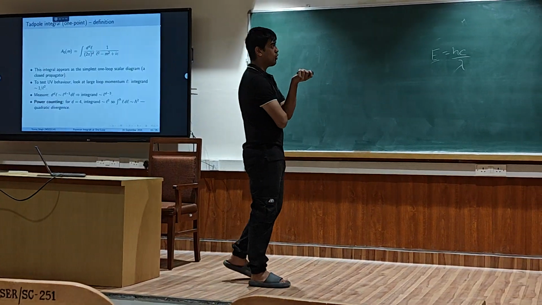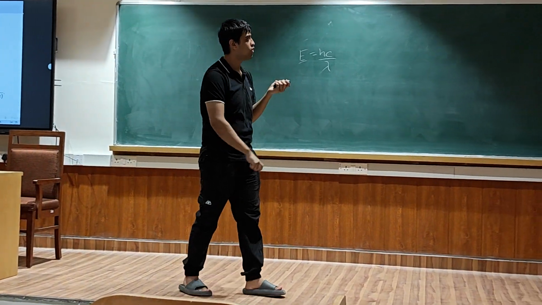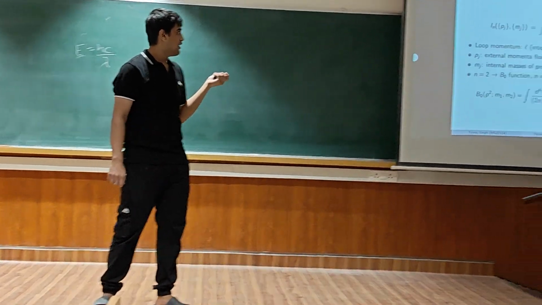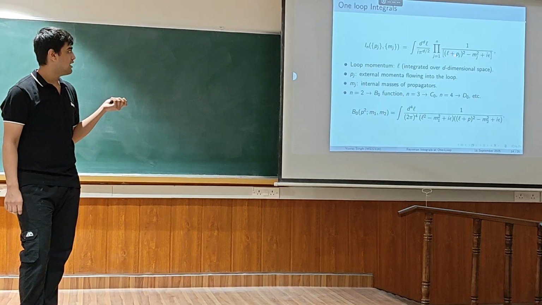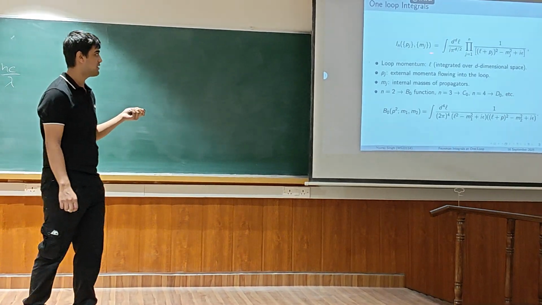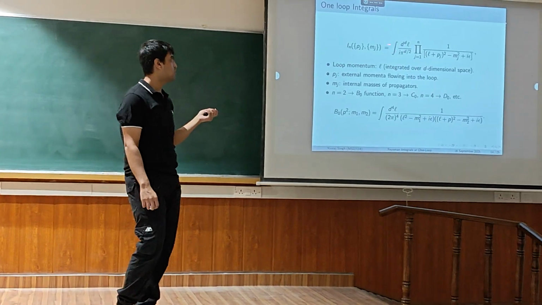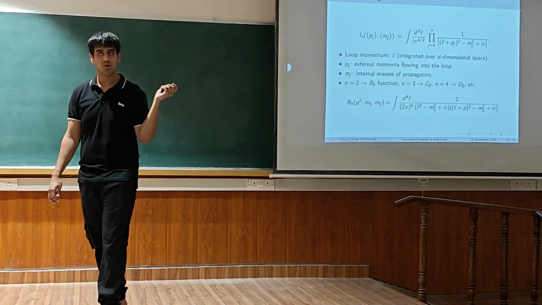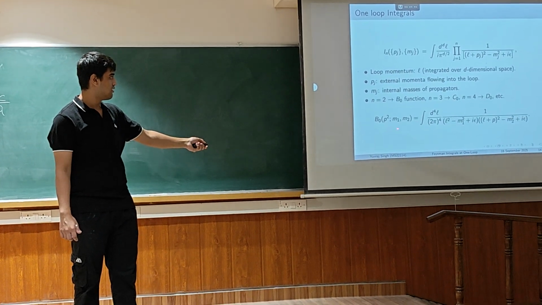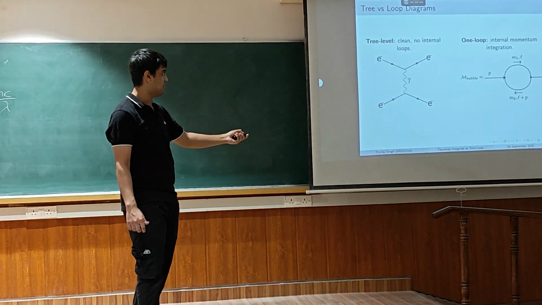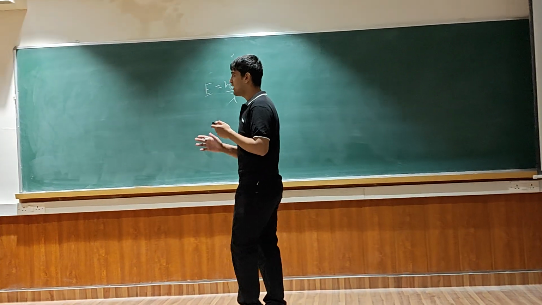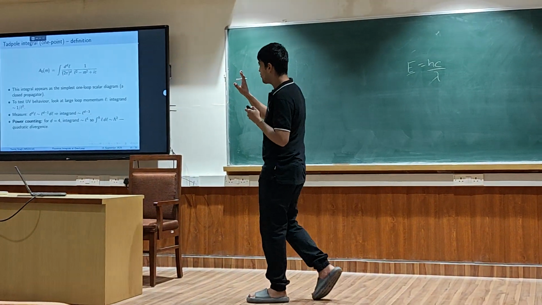So this is the general form of our n-point scalar function Feynman diagram. We see this L can vary anywhere from 0 to infinity, and note this integral is in Minkowski space-time. So I need to convert it into Euclidean space so that I can further solve this. This was an example of a two-point function, the bubble integral that I showed in this diagram. And now we'll shift our focus to the simplest possible case, the one-point function, the tadpole.